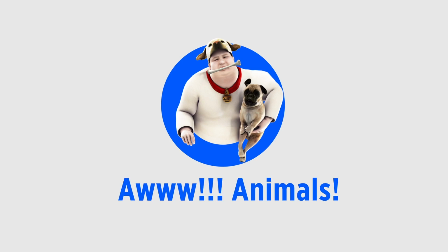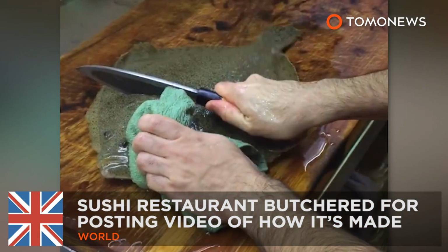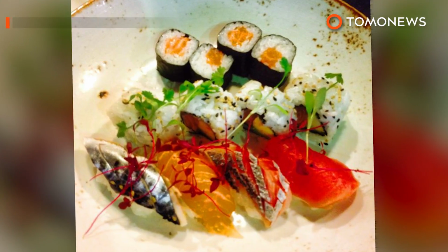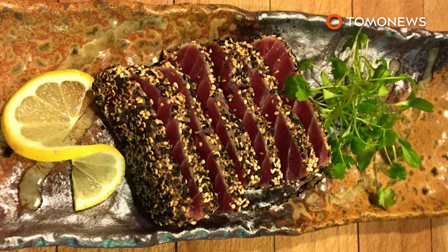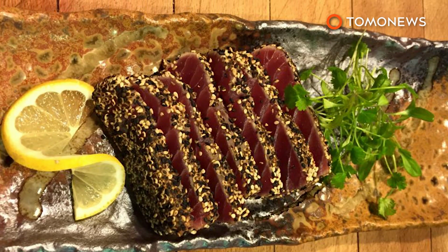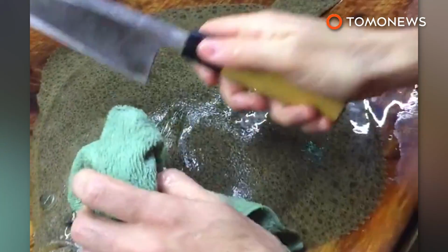Aw, animals. Sushi restaurant butchered for posting video of how it's made. Are you a fan of sushi? How about sashimi? Yummy! If you are, then it couldn't hurt to know how your favorite Japanese dish is made. Well, couldn't hurt you, that is. This turbot fish, on the other hand,